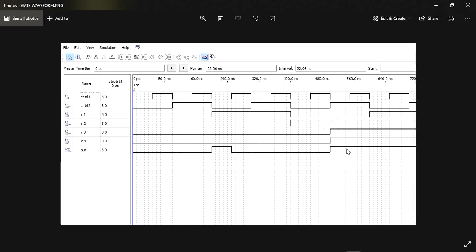So you can see in this case the output is 1 if input 4 is 1, input 3 is 1, input 1 is 1 and control selection line 1 is 1. So this is our gate level waveform, the implementation of the MUX using Verilog HDL code.